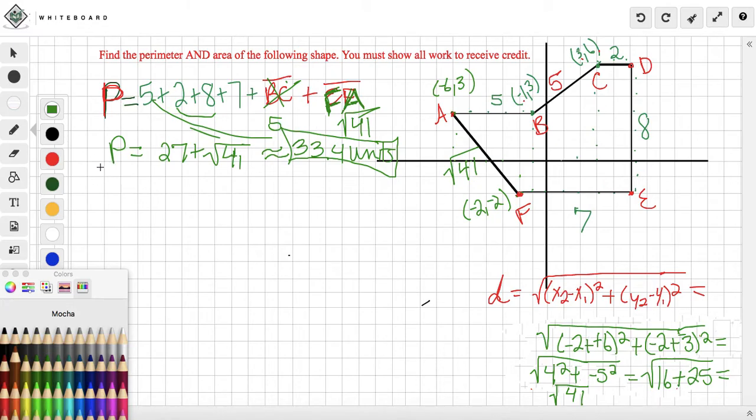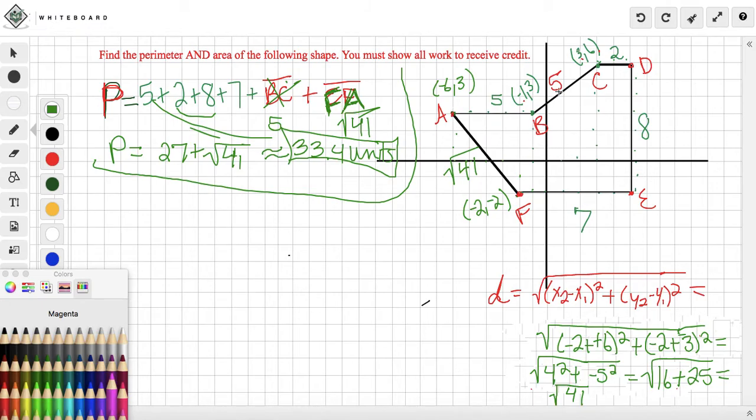So now that we found our perimeter, they also want us to find the area. Now here comes the interesting part. I'm just going to block this off. So to find the area, we have to divide this into shapes that we recognize. There's a couple different ways to do it. One way is to make this bigger, find the area, and then subtract the part that does not belong to